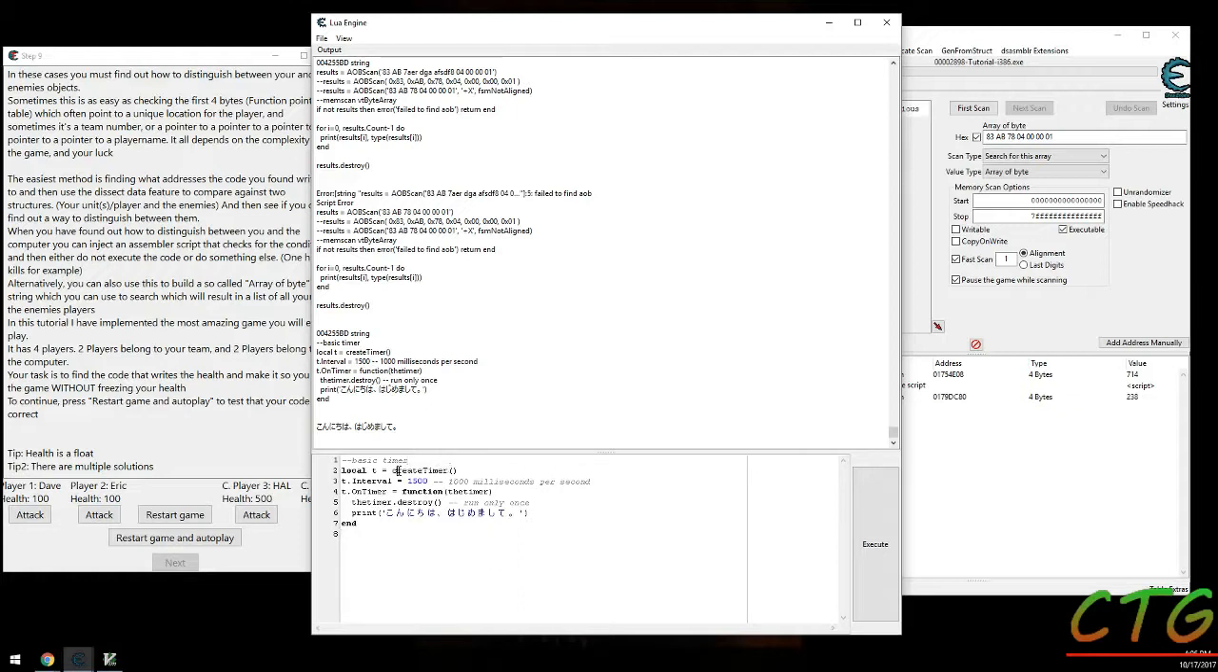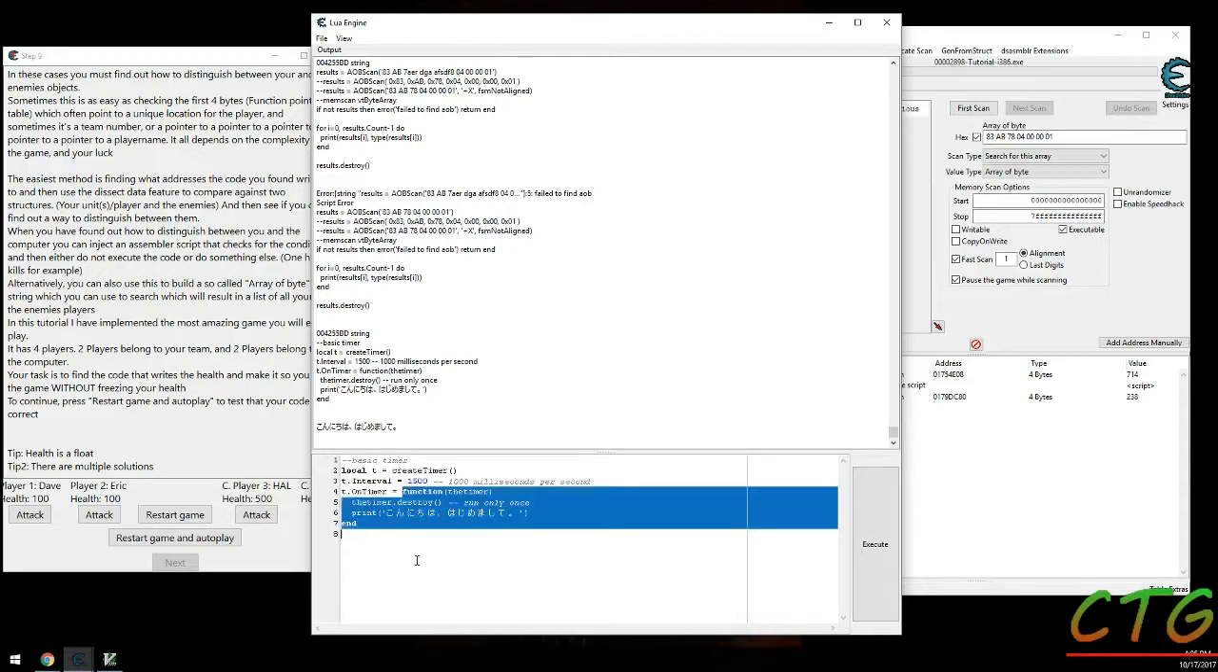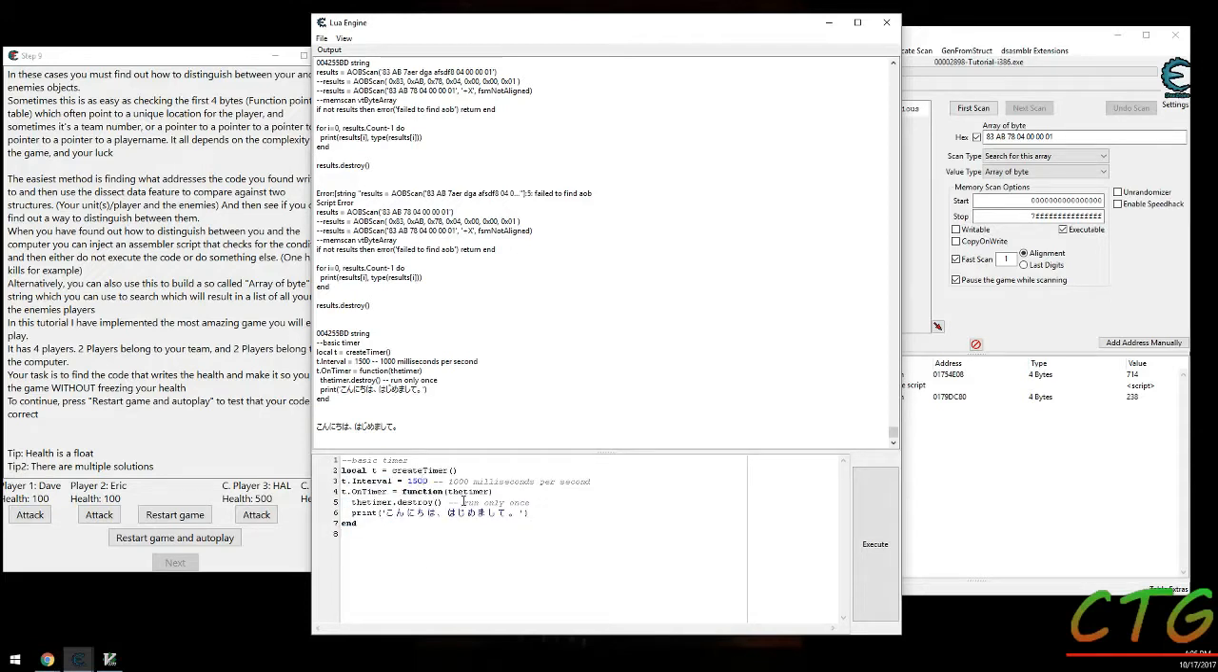So the way that works is you create a timer, and then you set the interval for how long it will wait in between each call. And you give it a function to call every time that time is up. And that function will take a copy of the timer that was created. So you can call destroy for it to only run once, or you can say